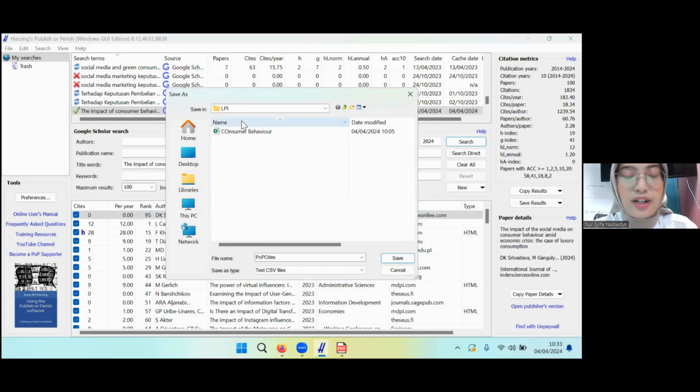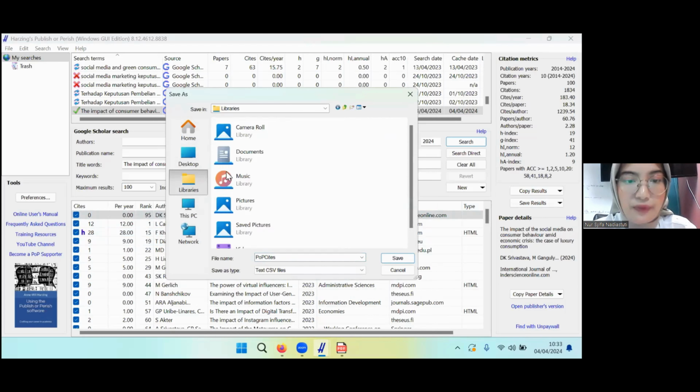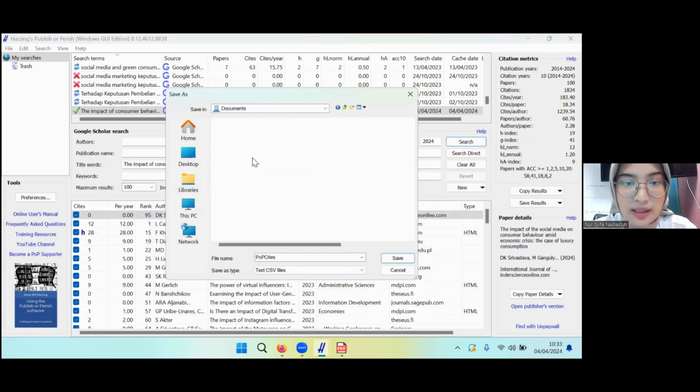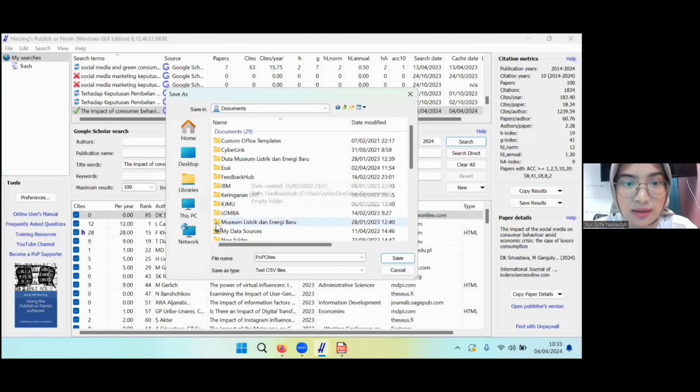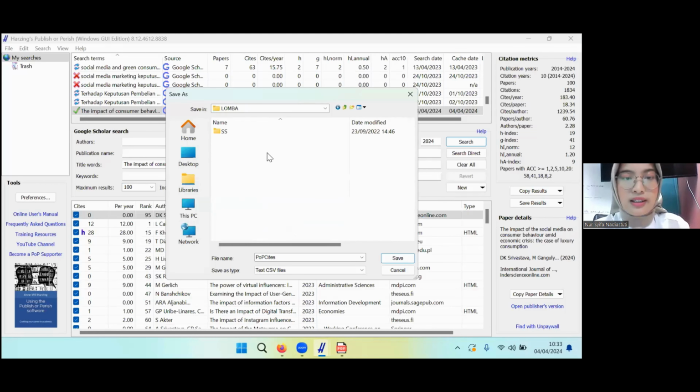For example, I want to save it in Documents, for example in here, and you can rename it. For example, consumer behavior. You can save.